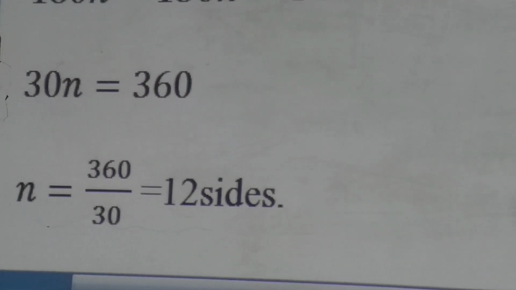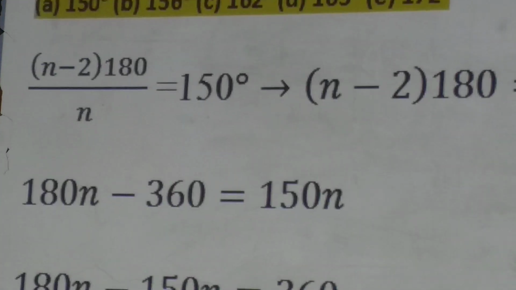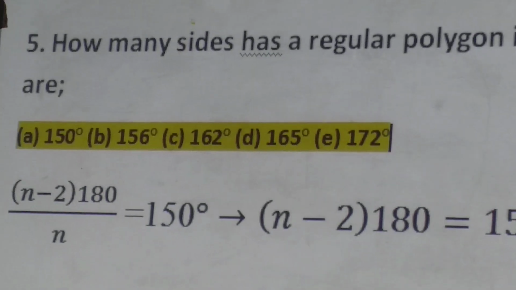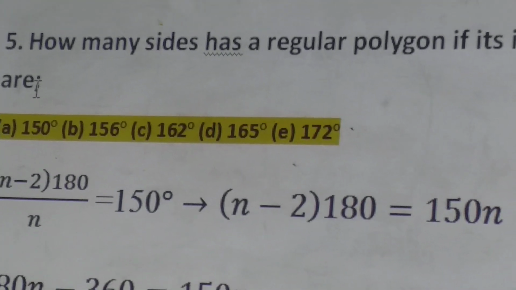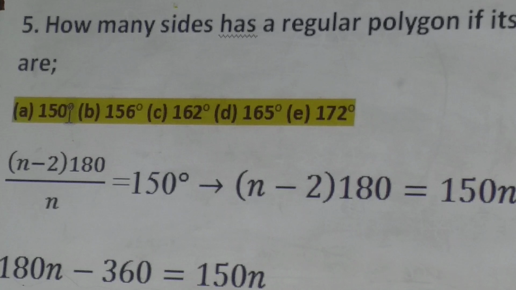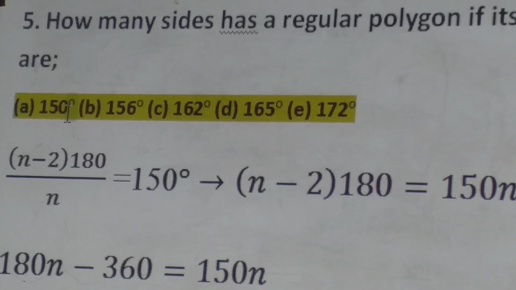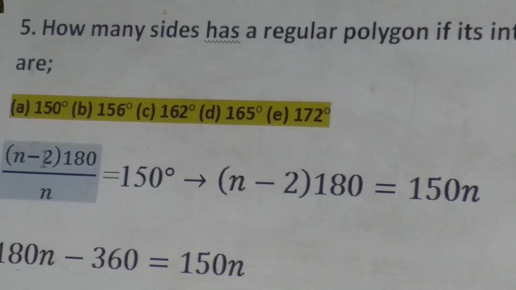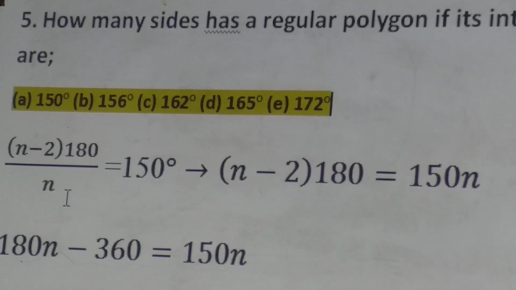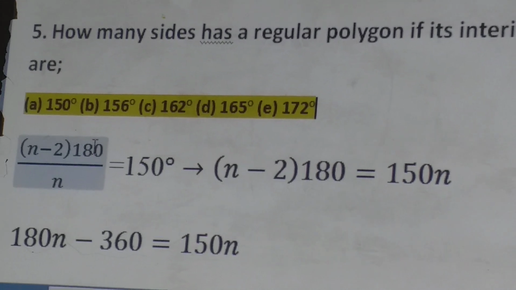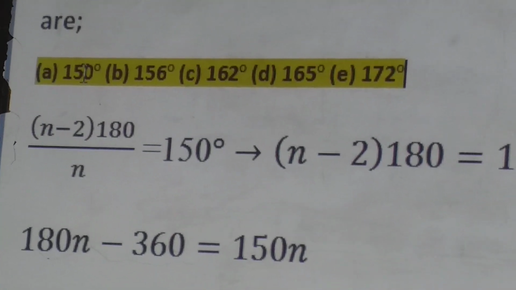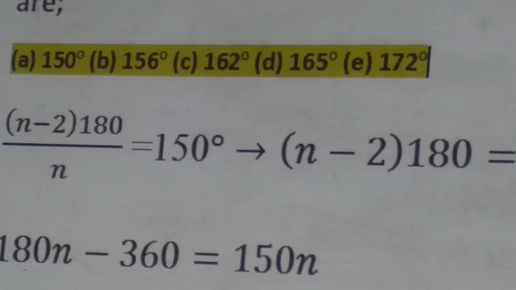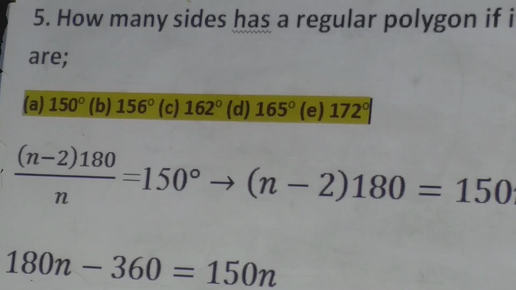What you should consider is, whatever we are given, we should mind the way of getting to that. For example, in this one, we are given each interior angle, and we should know how we calculate the interior angle. We just say sum of interior angles over number of angles. So if we write down that expression, we equate it to the given interior angle. And if we go back to the previous question,